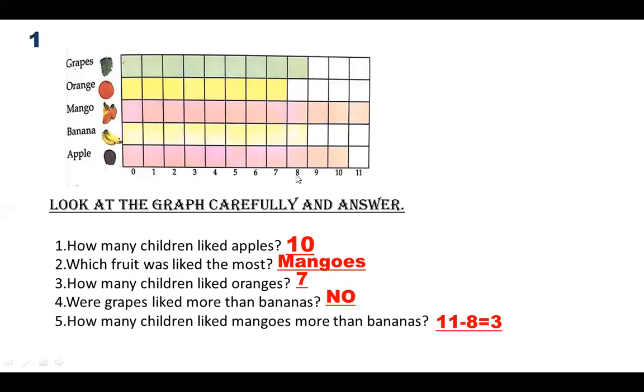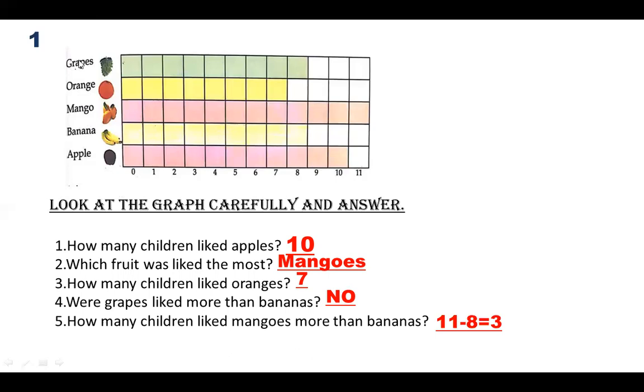This picture you call a pictograph, which means all the data we are representing in pictures. So it is very easy to collect the information. See here, you are not doing any hard work. Yes or no? You just see the names of the fruits and here the number of the children.